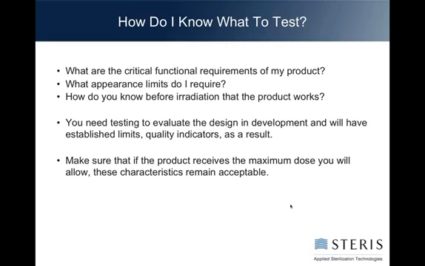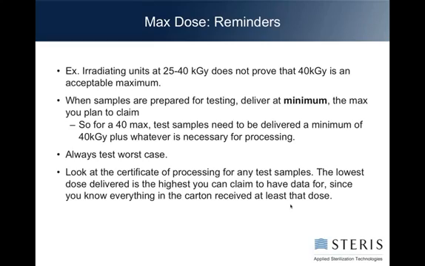Make sure that any testing you do, the product receives the maximum dose you will allow, not the nominal dose, to assess these characteristics. For example, if your product is going to be processed at 25 to 40, test it at 40 plus dose, not at 25 to 40. If 25 to 40 is your range, the 40 becomes your acceptable max. To achieve a 40 minimum dose on your product, the samples you assess will get more than 40 kilogray, but you can